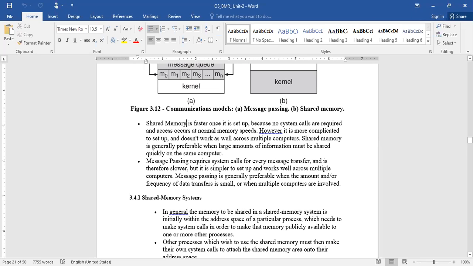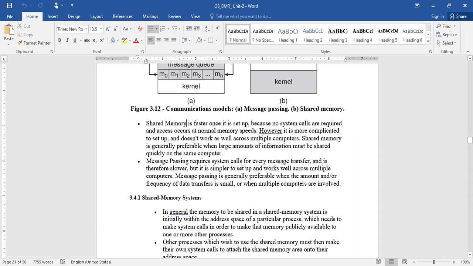So shared memory is generally preferable when large amounts of information must be shared quickly on the same computer. If it is a separate computer, say for example you want to access memory which resides in a separate computer, what happens in that case? You need to be connected to that particular system by establishing a network between your system and the destination system. Okay, then only you are able to get access to it, right?